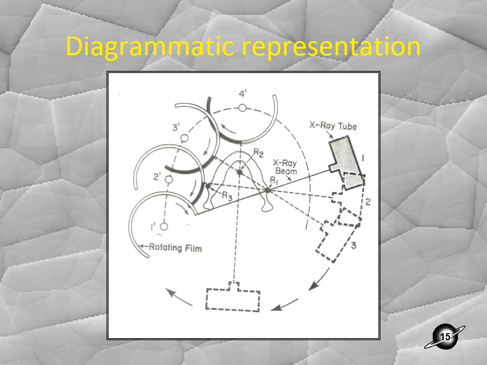Next, the X-ray tube rotates by another degree, and the X-ray film also rotates by another degree. In the same way, the X-ray tube and the X-ray film rotate by 180 degrees around the patient's mandible or maxilla, resulting in a panoramic image. Here we need to discuss a couple of points. We can see the X-ray tube rotated by 1 degree and the X-ray film rotated by 1 degree in this image. R3 structures are superimposed on the X-ray film.